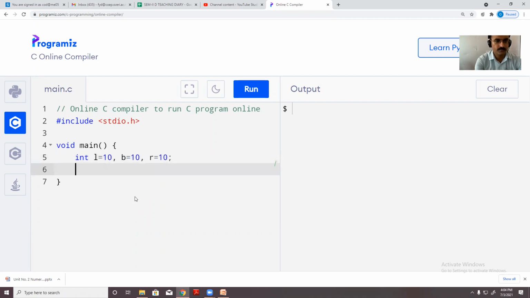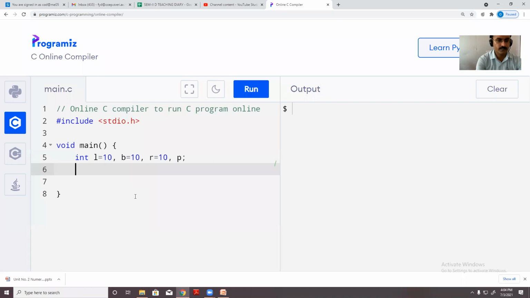Now what are my constraints? I need one more variable to hold the result. Let's say P is the variable which will hold the result. So I will start first calculating. What is the first?